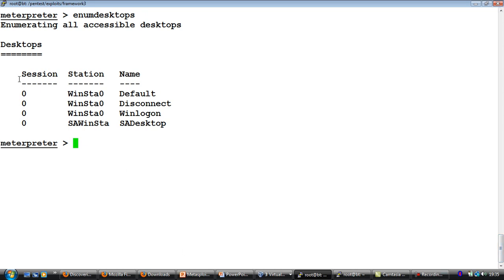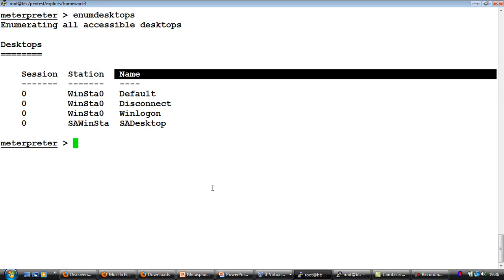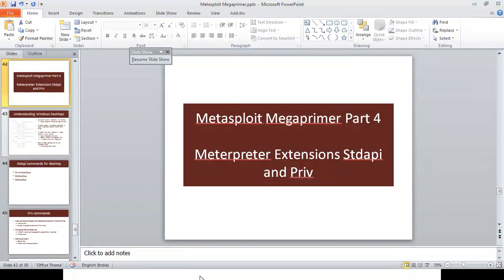If you notice, the first thing you look at is session, second is station, and third is name. Just keep in mind that right now we are looking at all session zeros, and station consists of both WinSta0 and SAWinSta, and name: Default, disconnect, Winlogon, and SA desktop. Well, if we go back to our slide,